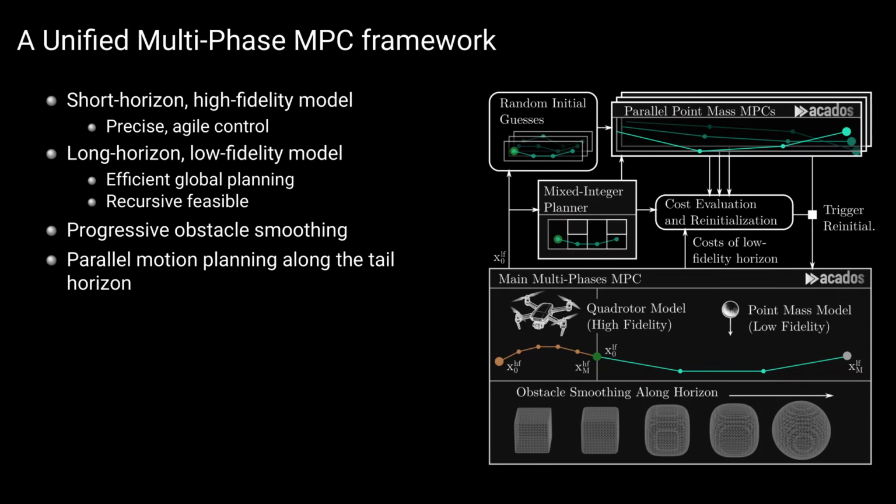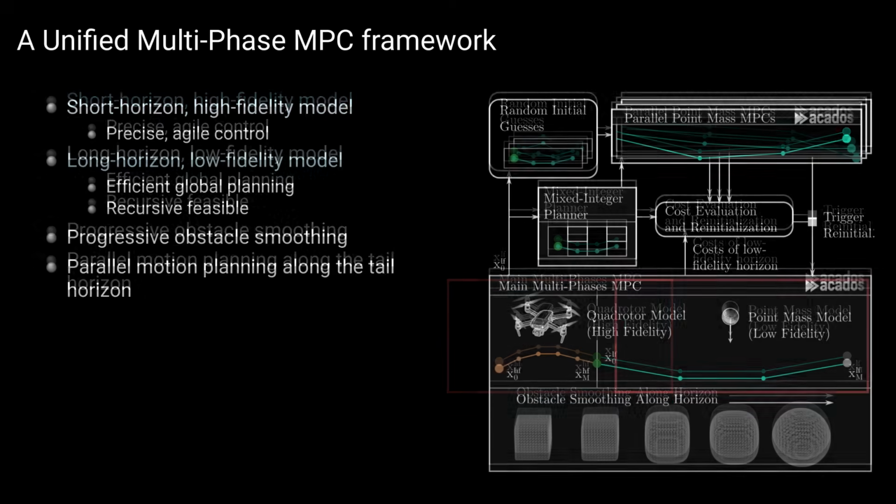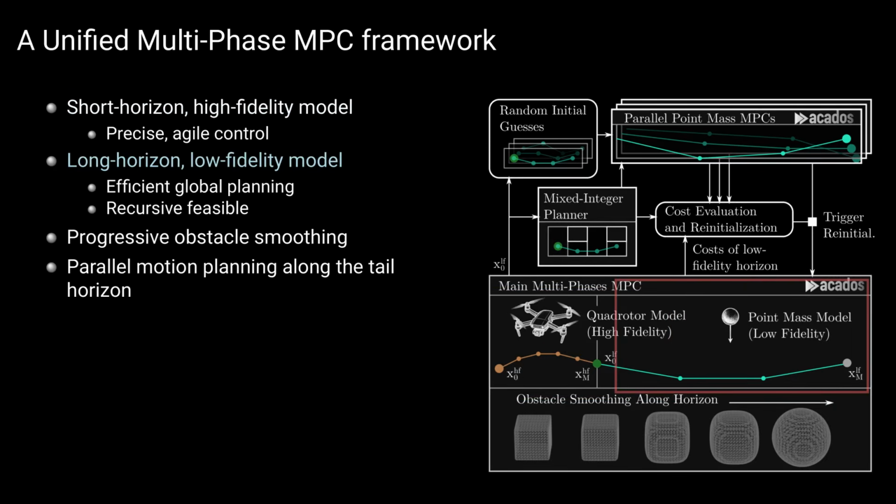We introduce Unique, a unified MPC framework that chains models of differing fidelity within a single optimization framework. A short-horizon high-fidelity model ensures accurate control, while a long-horizon low-fidelity model accounts for recursive feasible plans to navigate challenging environments. To mitigate local minima induced by non-smooth clutter, we propose a 3D progressive smoothing scheme that gradually morphs norm-based